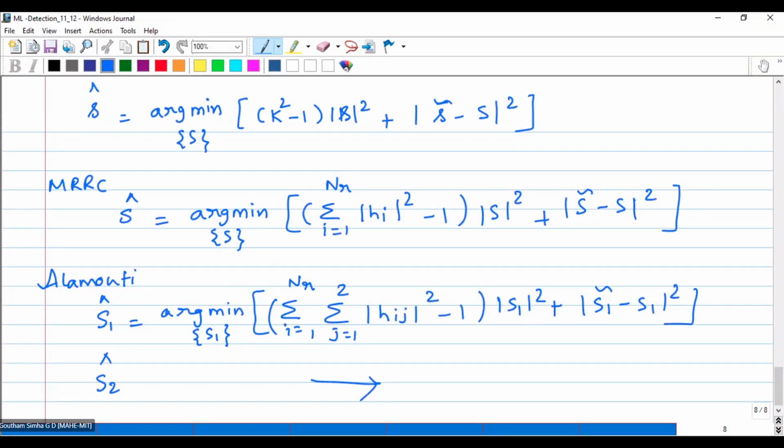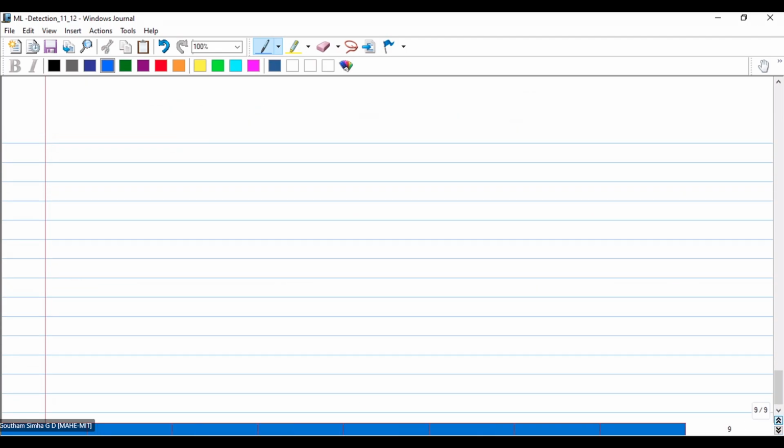So after this ML, in case of an Alamouti receiver, if I have something like 2 cross 1 or 2 cross 2 or whatever it is, what beamforming comes into the picture, and what projection comes into the picture? Is there any orthogonality between the codes which you have transmitted, and how are you going to detect it? That is why I had given you a simple problem, y is equal to 2 plus j and 1 minus 2j times x1 x2. So let me revisit that problem, and we will try to estimate how exactly it looks.